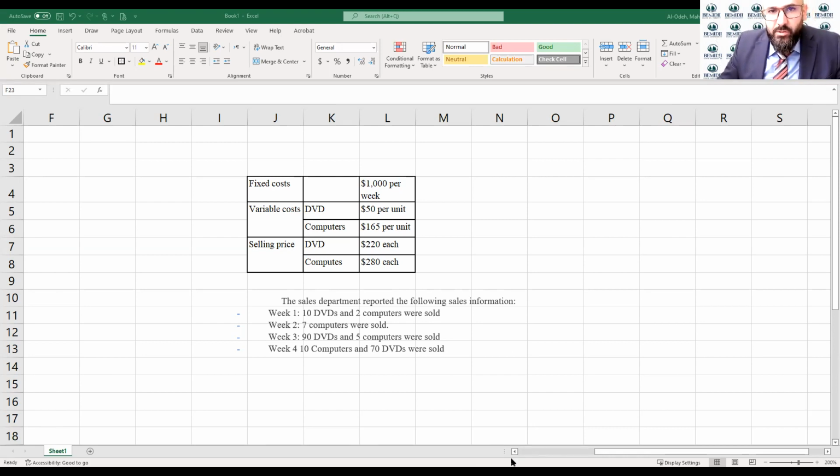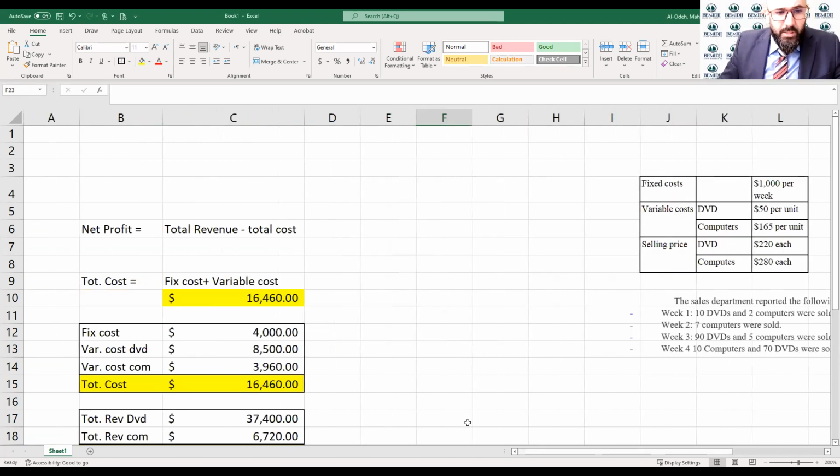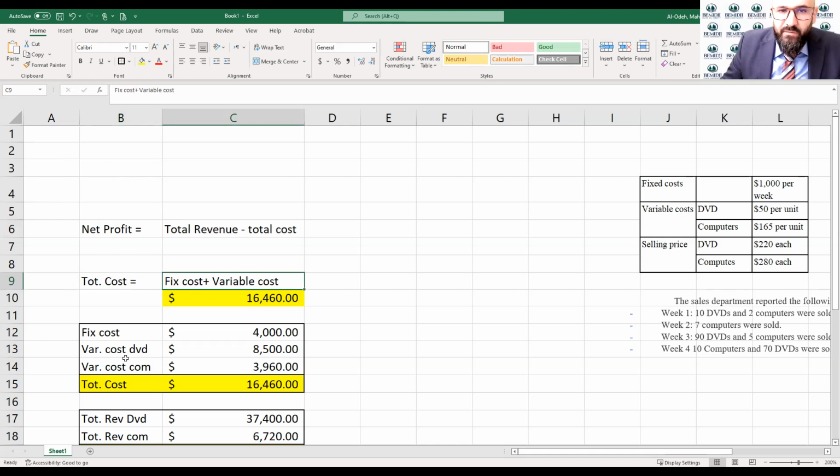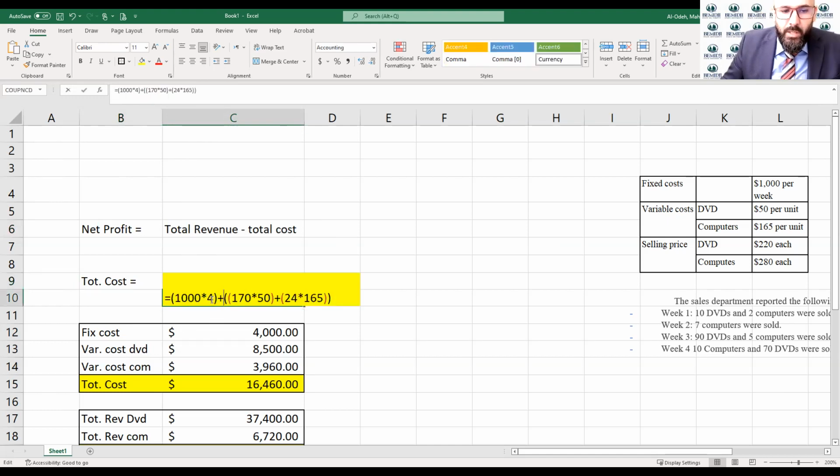We need to find out the total cost, which can be calculated from the fixed cost and the variable cost. And also the third one would be the revenue, the sales. So let's go ahead and start with this equation right here. Net profit is equal to total revenue minus the total cost. So let's start with the first step, which is the total cost equals the fixed cost plus the variable cost. So we have the fixed cost to be $1,000 per week, and we have 4 weeks,